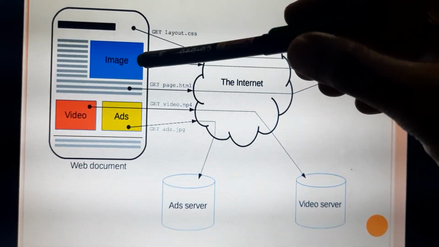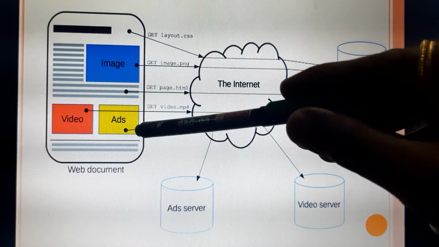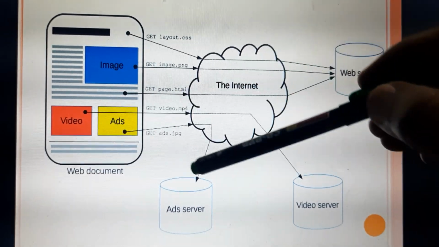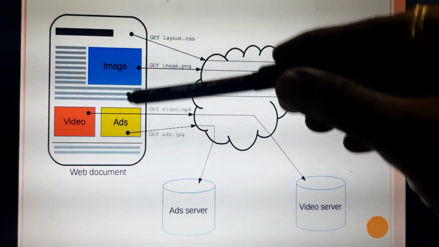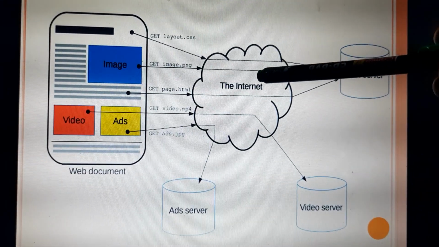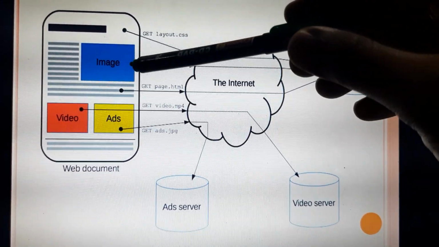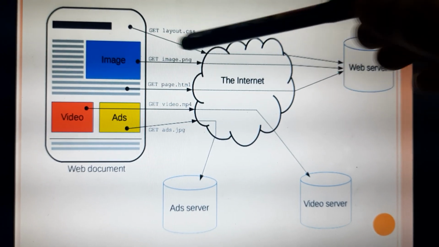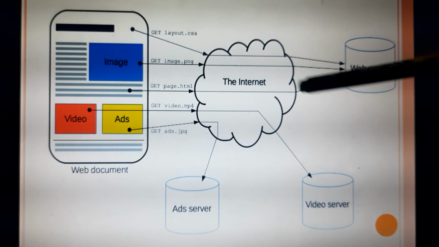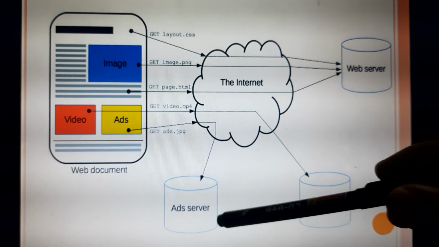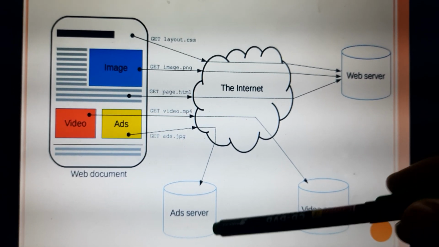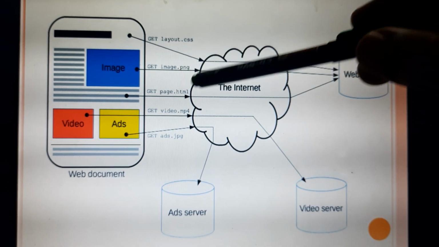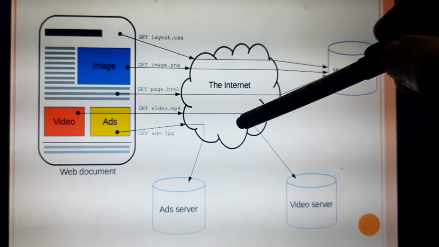The client is requesting for image, ADS and videos. These are the requests made by the client. You can put a request with the help of the internet to the servers. When you put the request to the servers, it will be connected with the help of the internet.